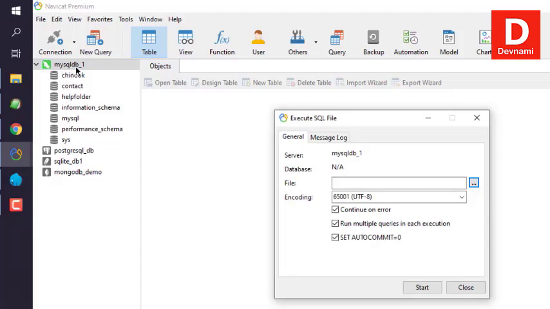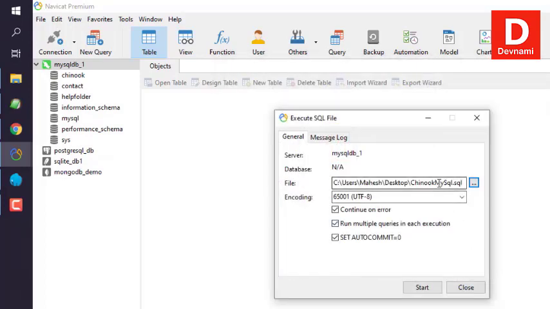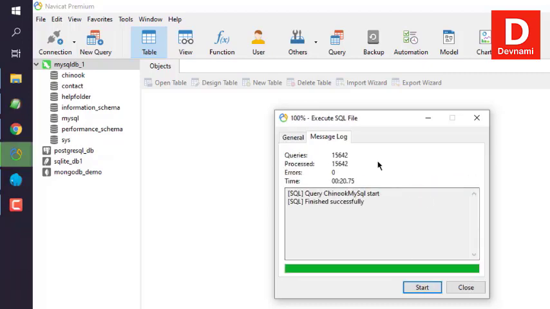Note that I have selected connection instead of this Chinook database. Now here I have to basically point to that Chinook MySQL file. This is SQL file, and here you can notice that I haven't selected any database. Now what I will do is I will click on start. As you can see there are no errors and all queries processed properly, and it has managed to successfully